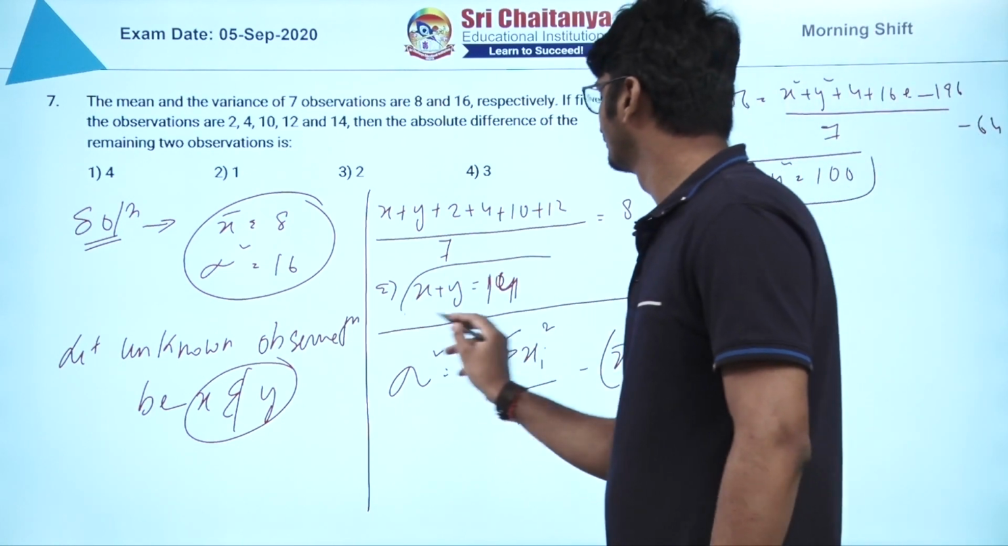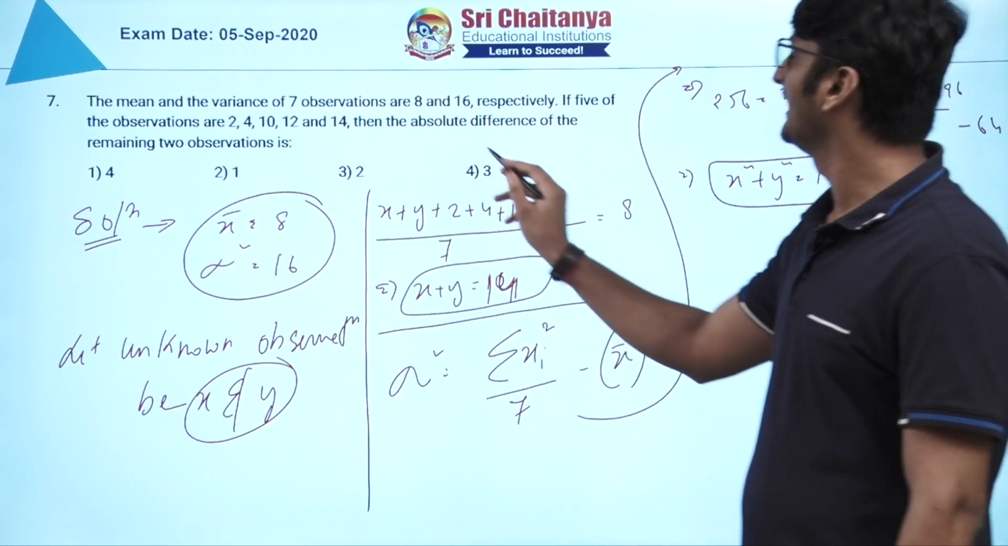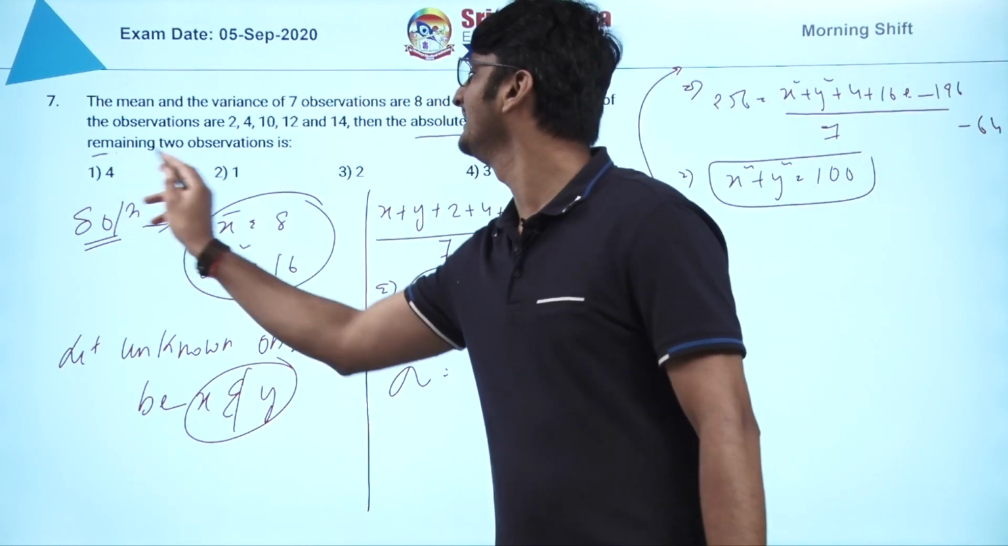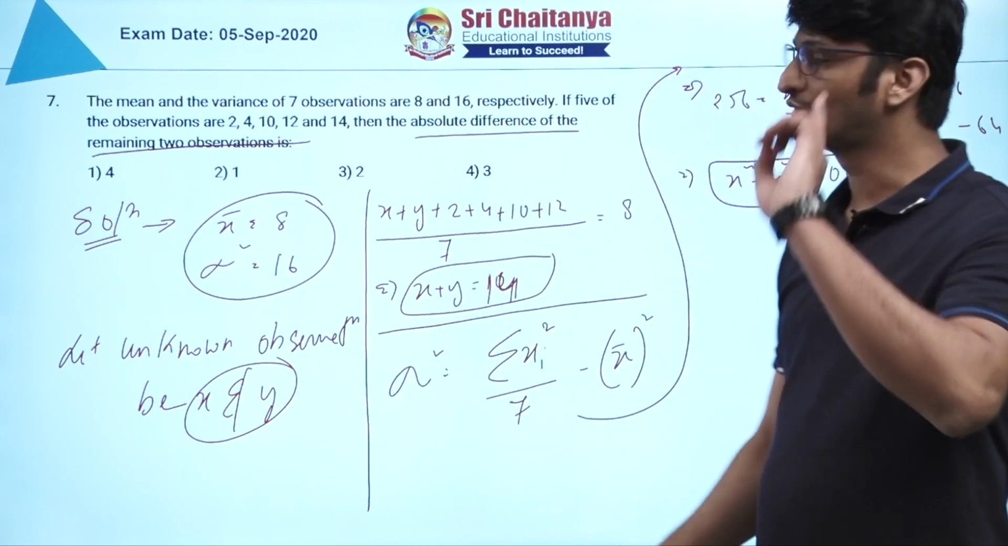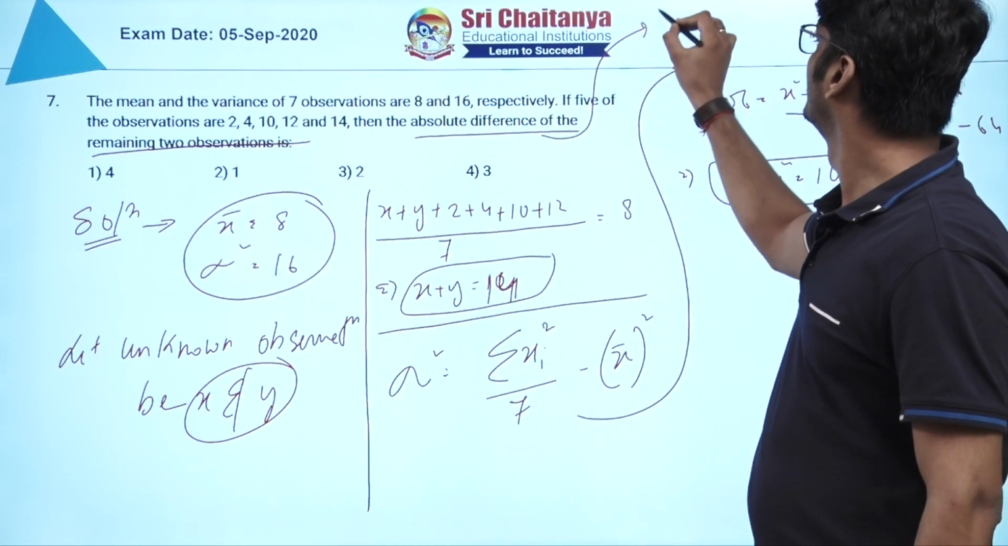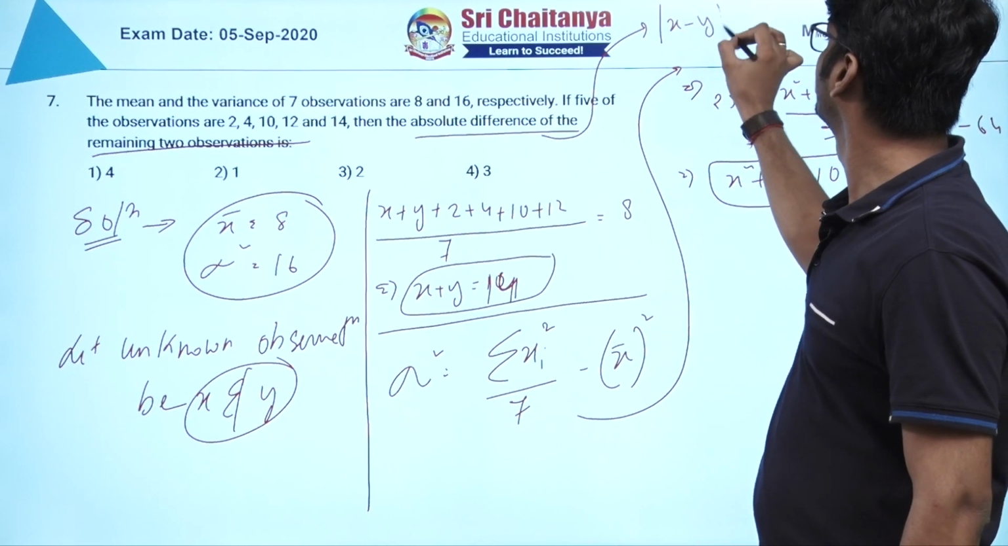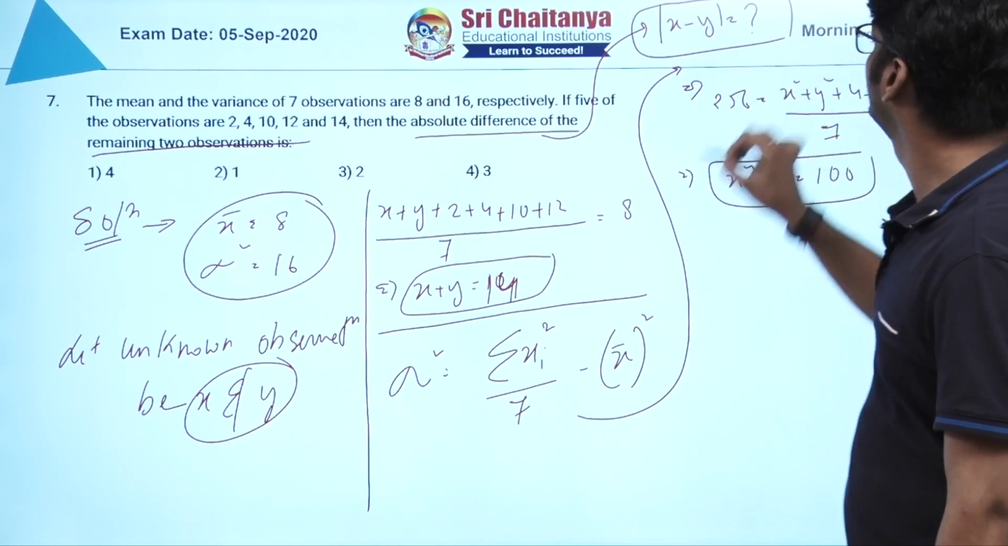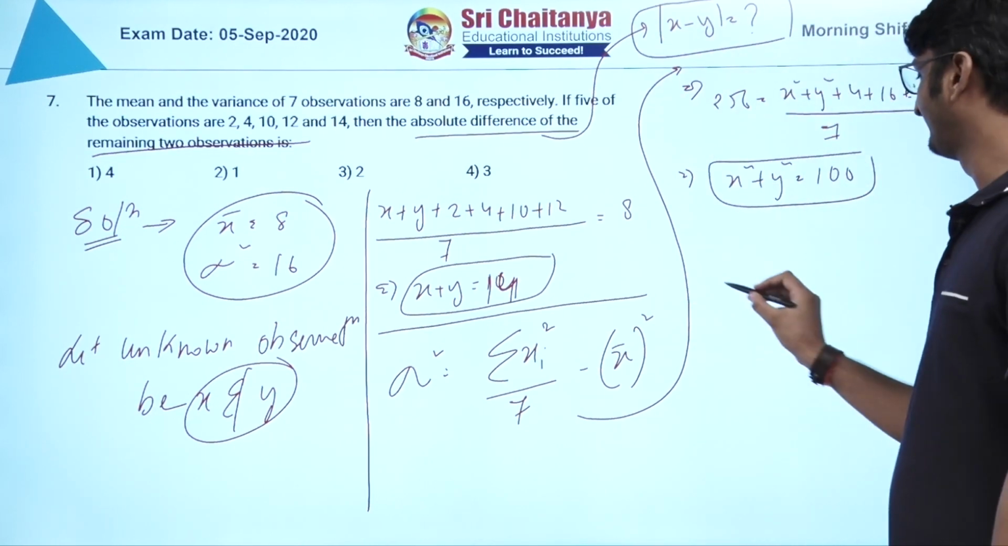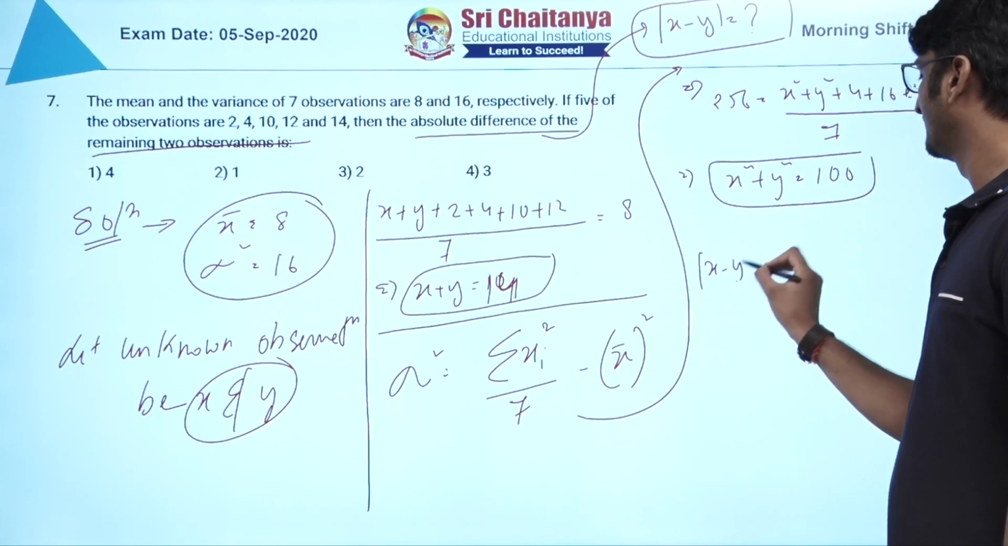These two values we have got. We have to find the absolute difference between the two remaining unknown observations. That is, the requirement is mod of x minus y, absolute, is required. This is required. By using the basic algebraic formulas,